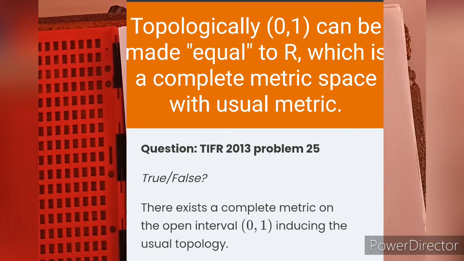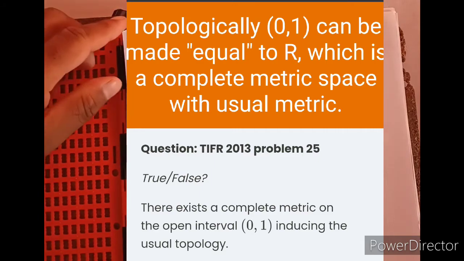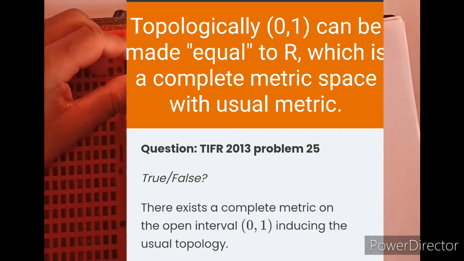The usual topology on the open interval (0, 1) is the subspace topology. So how can we do this? First of all, it is true. Yes, there exists a complete metric on the open interval (0, 1) which will induce the usual topology. So first, in step 1,